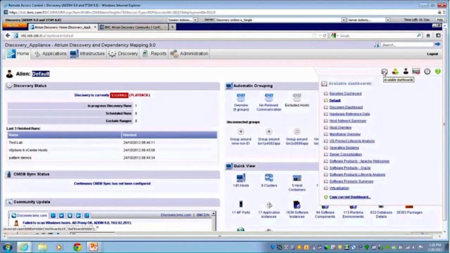Okay, so what I'm going to do is switch this over. I'm clicking the icon there on the right, and you'll see all the available dashboards. And as you're looking at them, you can see that they are specific to a given initiative. So here I've got, for example, my mainframes, my operating systems, my virtualization, my software product summary. So there are a host of different dashboards that you can hit that we're making available out of the box, but you can also copy and then add the channels that you feel are relevant. So what I'm going to do is go into the baseline dashboard,